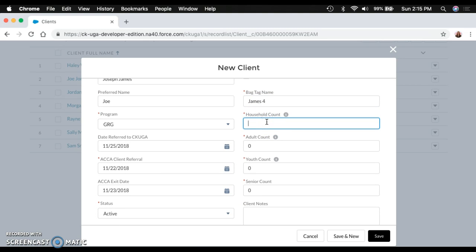So household count is going to be a sum of the adult, youth, and senior count. So let's say, as I mentioned, there's 4 people in the household. There's 2 adults, 1 youth, and 1 senior. So you're going to want to make sure 2 plus 1 plus 1 is 4, just so that the math